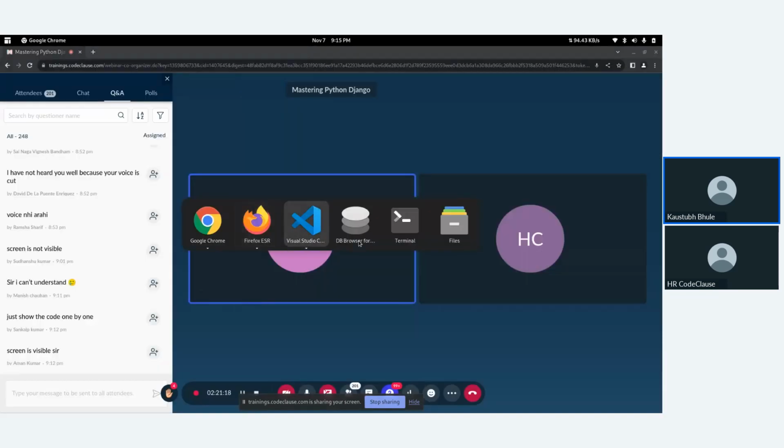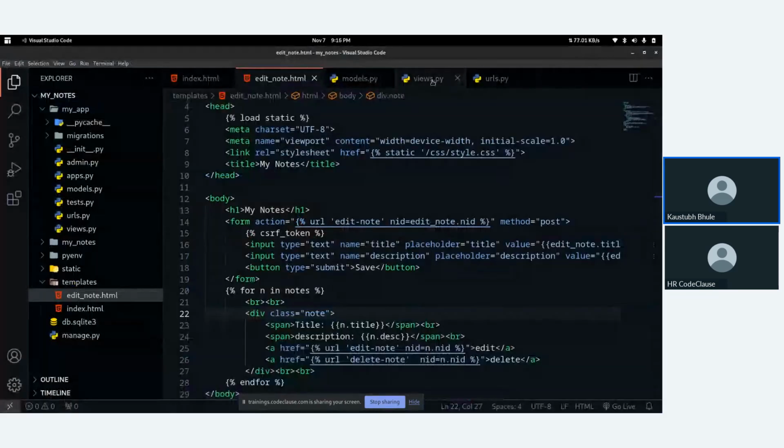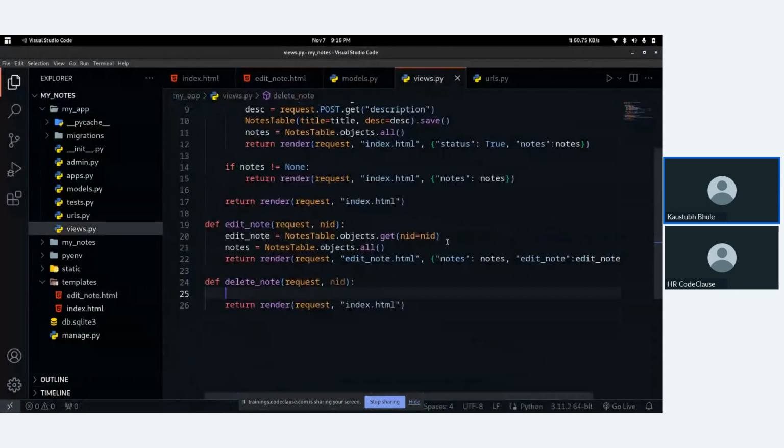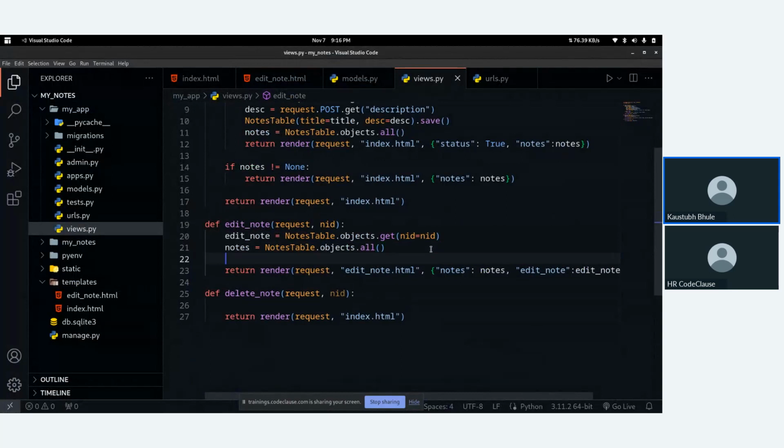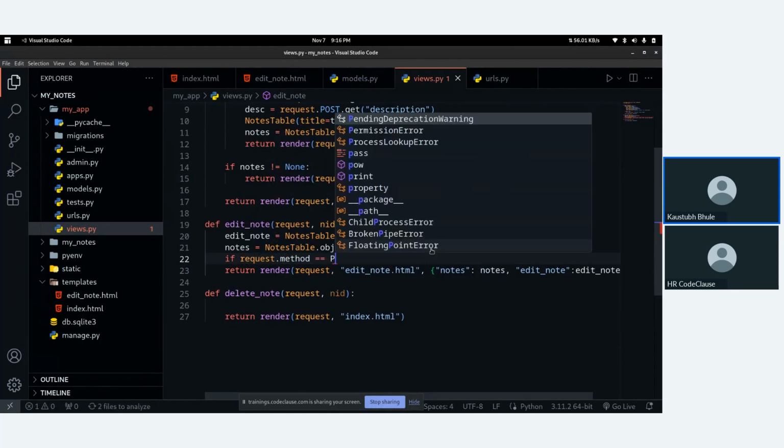So what we can do, we will come to our edit node function. Now to save the data, I will do if request.method is exactly equal to post.